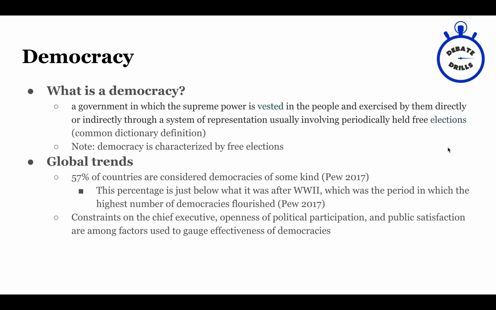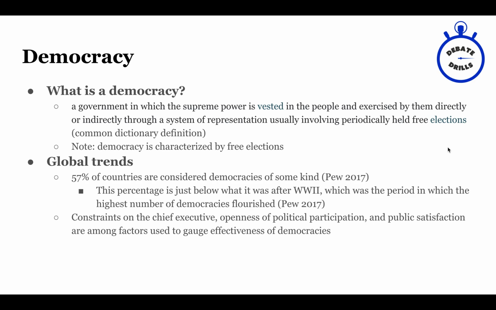So let's start with democracy. What is a democracy? A democracy is a government in which the supreme power is vested in the people and exercised by them directly or indirectly through a system of representation, usually involving periodically held free elections. This is a dictionary definition, but what I like about it is that it notes that democracy is often characterized